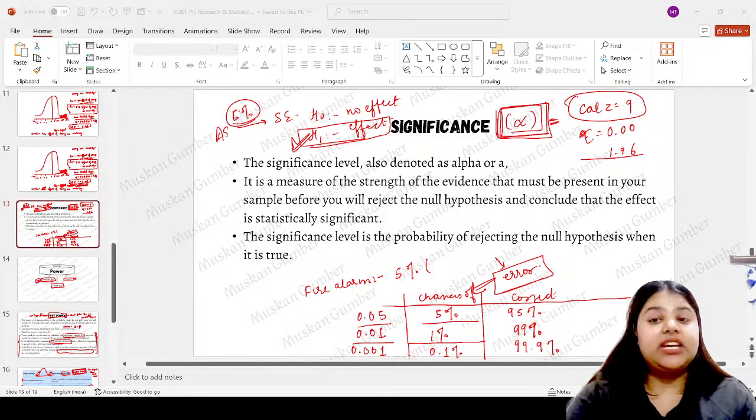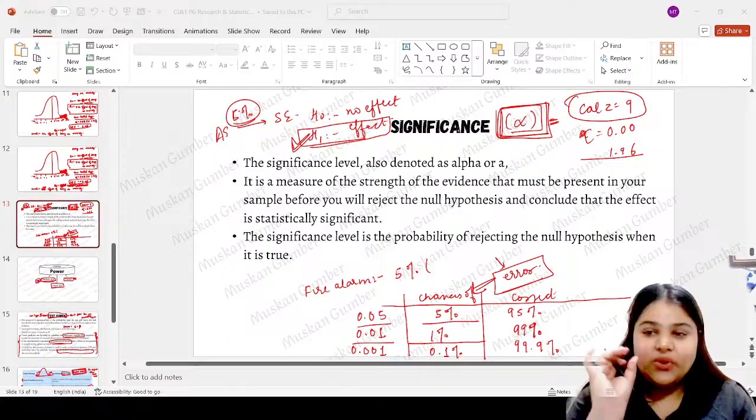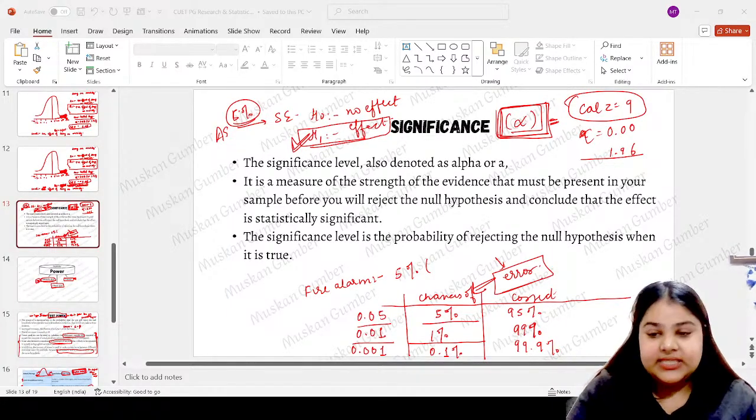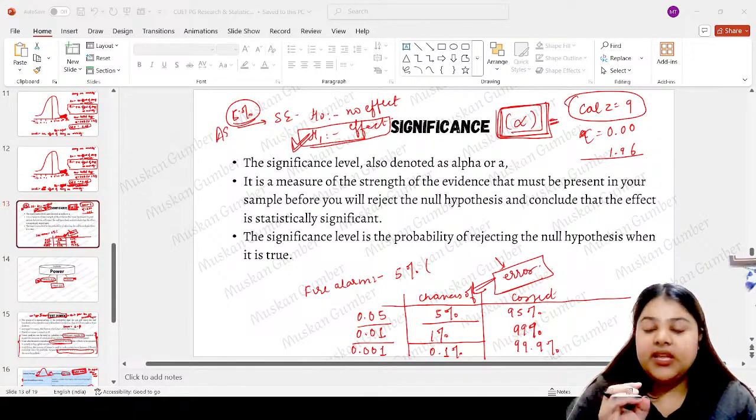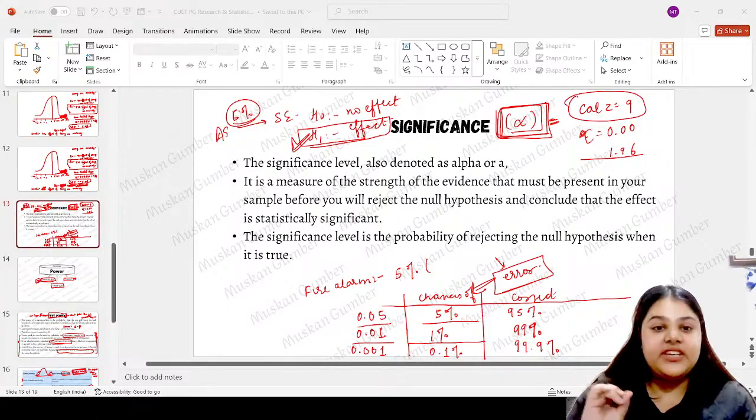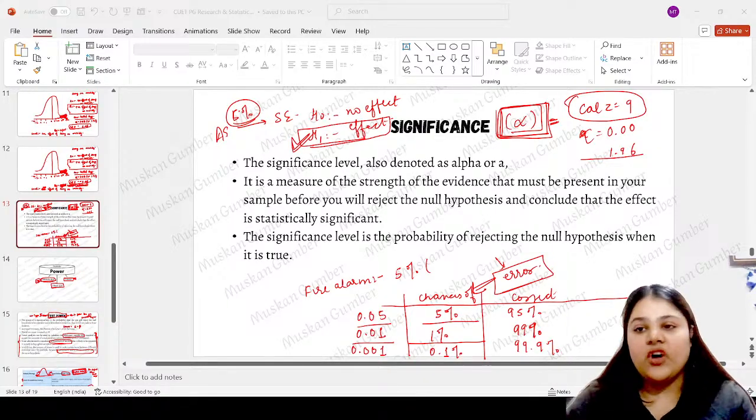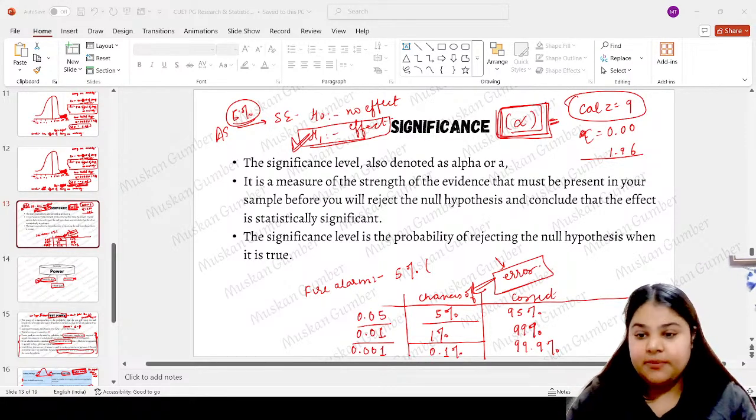Why do we reject our null hypothesis in the critical region? Because in this region the values would be so extreme, at either of the tails, that there is no random chance that they will fall in that region. That is why we are saying that if my values are coming out to be this extreme and they are falling under any of the